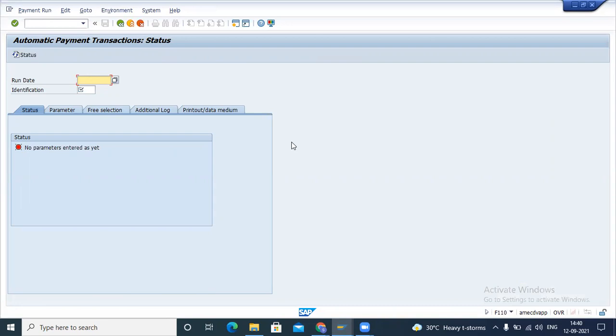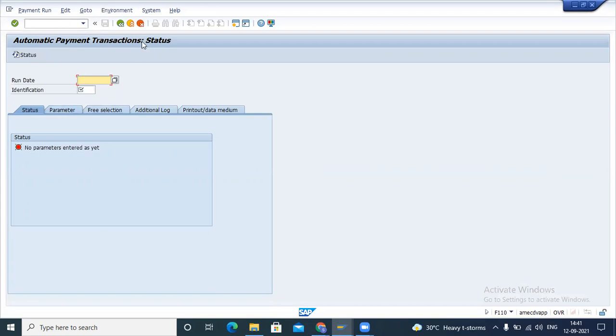We will create one proposal for which vendor, what payment we need to make, and from which bank account, and what all invoices need to be paid. So here in the parameters, we need to decide which vendor we need to make the payment to.